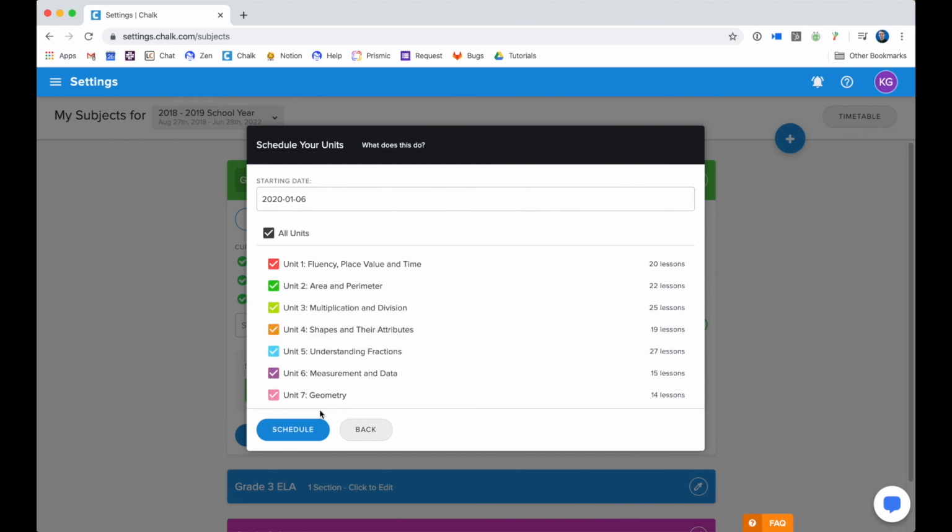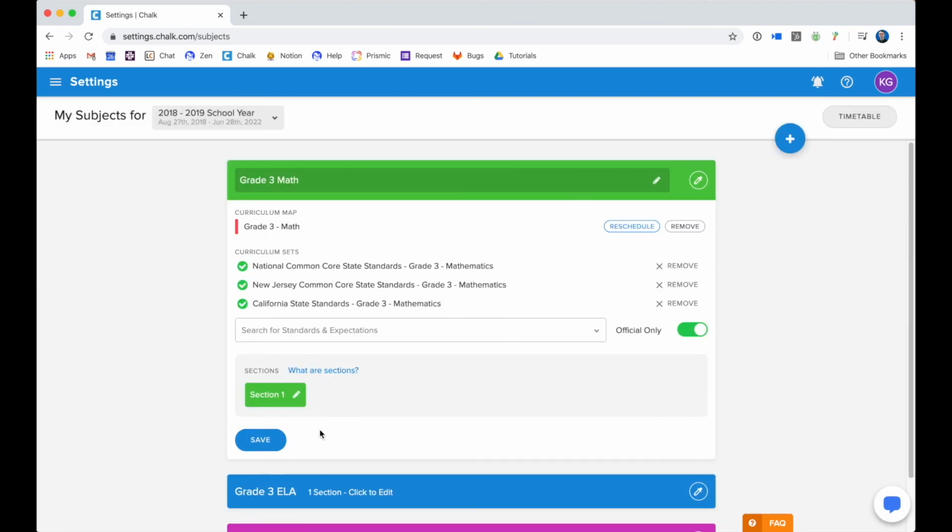Click Schedule to finish. So as I mentioned before, you will see a reschedule option once you assign a curriculum map to your subject. If you do want to come back at a later date and reschedule some of these units, you can do so by clicking this button. Make sure to click Save within the subject when you have finished attaching the curriculum map,